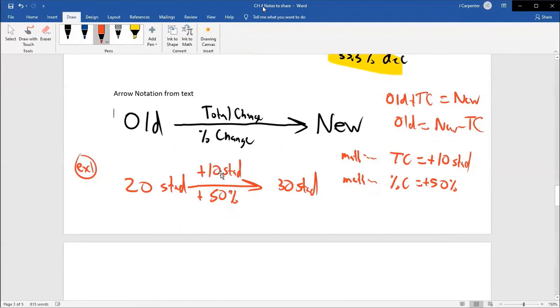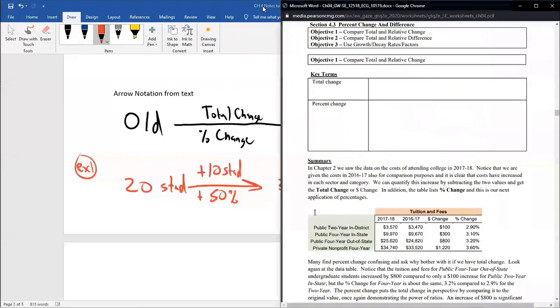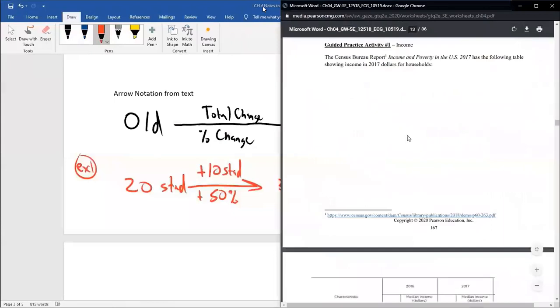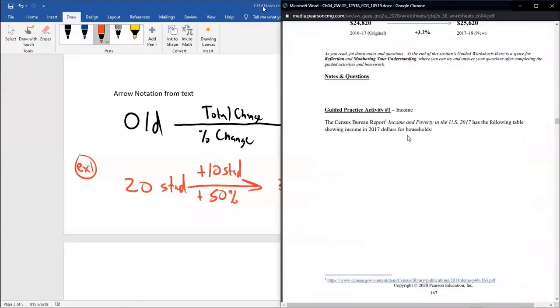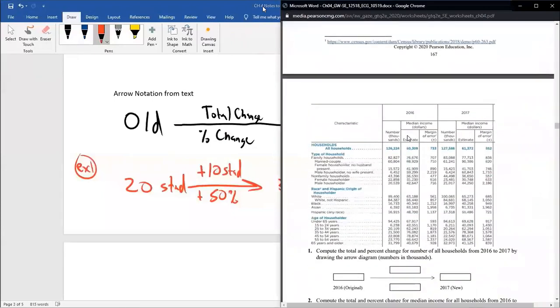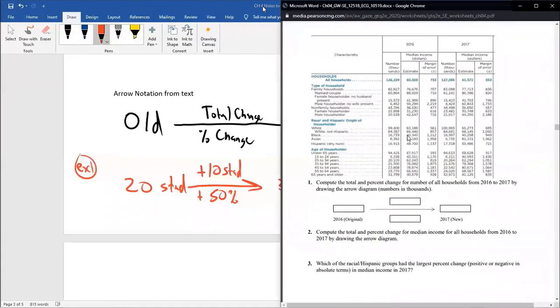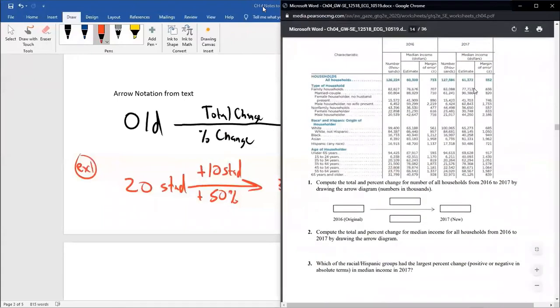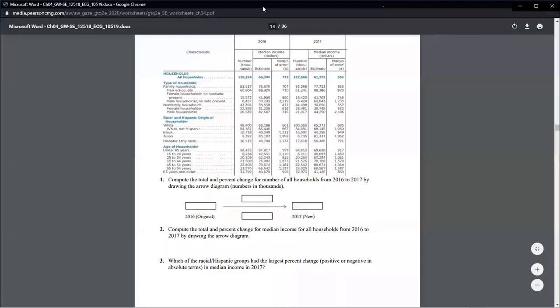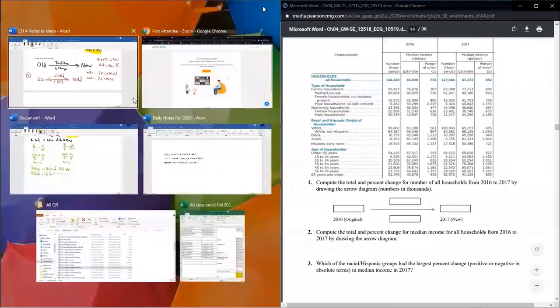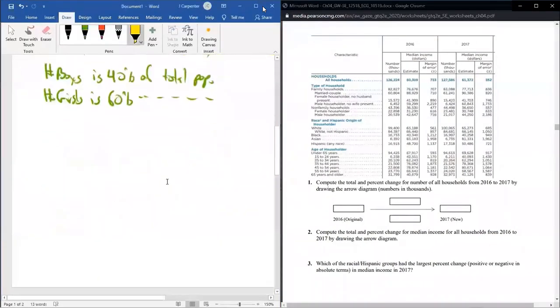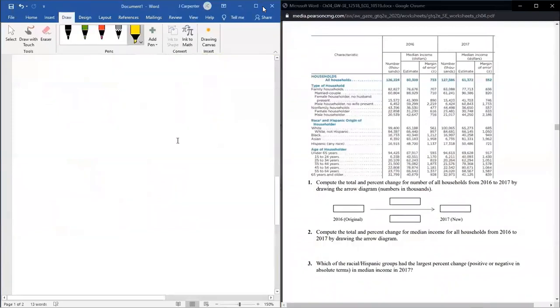Let's see. I think we have just enough time to do the example on page 167, 168, and then we'll call it a day. 167, 168, 24, 28. Here we go. I'm going to do all, no, I'm not. I don't like it that way. Just go down to here.